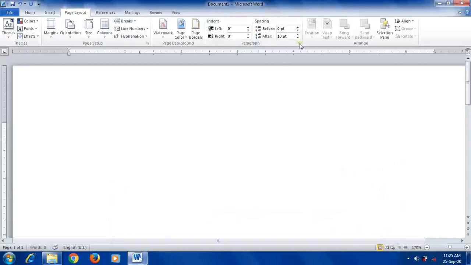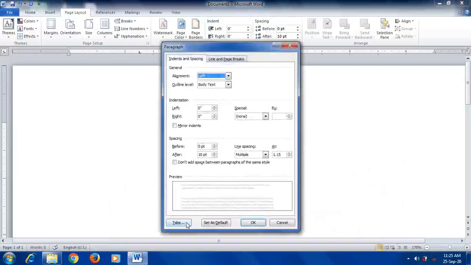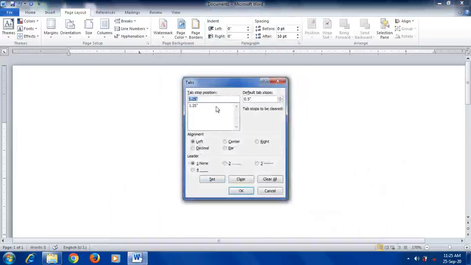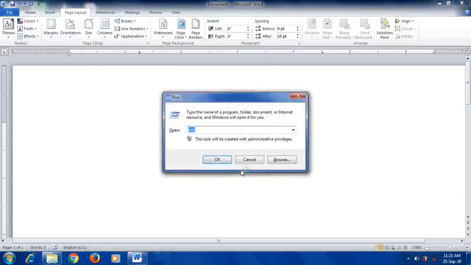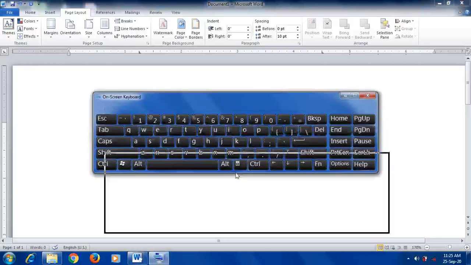One more value I will set. Here again, click on Tabs. I will set another tab, 4.5. Then click on the OK button. Let me open the keyboard to show how the tab is stopping.